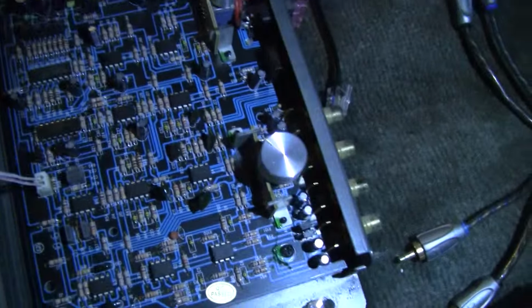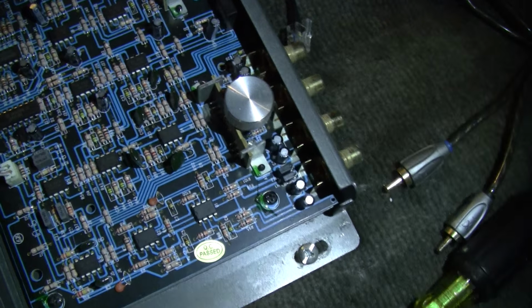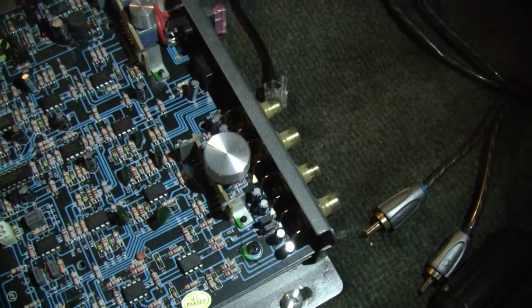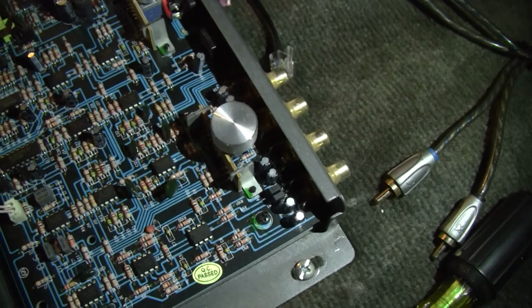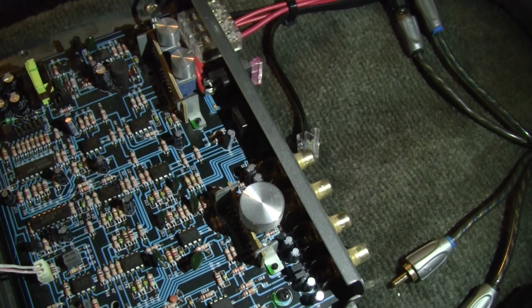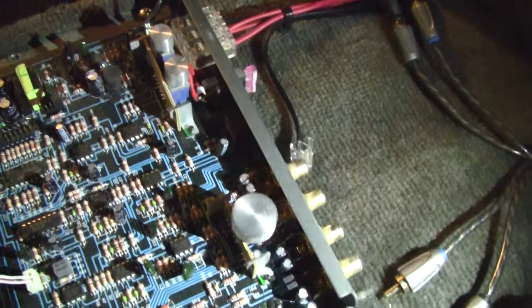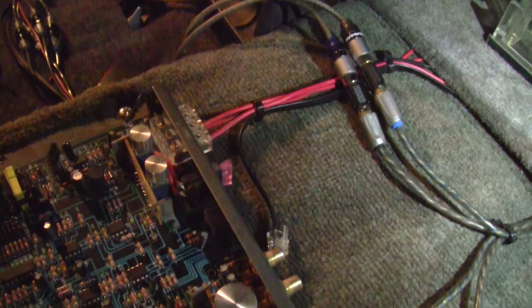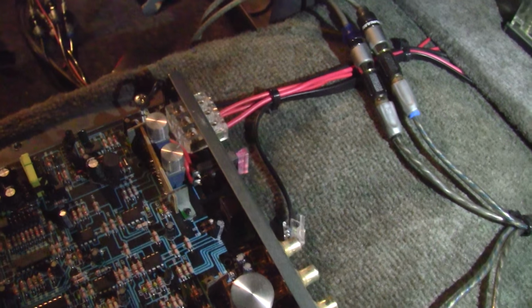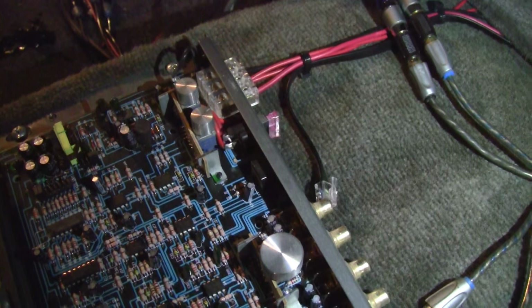I took apart the BX15, and it smells like something burnt up inside of it. I don't see anything obvious, so that kind of sucks, but I guess now I'll just run the RCAs straight to the amplifier and take the BX15 right out. And it just kind of sucks because that beeper has a mind of its own. The door's been open now for 5 minutes. Anyways, I spent time last night putting this in there, running power wires and making everything look pretty, and now I'm gonna have to take it out. But oh well, it happens. Not the end of the world. So I'll go ahead and rip that out of there and get my RCAs redone and